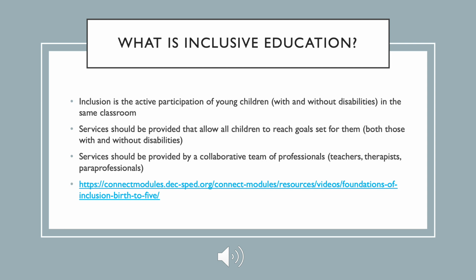So they might help with feeding, or they might help with adaptive equipment. So if a child needs to get in and out of their adaptive equipment in order to be able to move around the classroom or head outside, for example, or if you're on the playground and a child is in adaptive equipment and you need to move them from the equipment into the swing, or even to go down the slide, or to sit in the chair to have lunch. So thinking about this is a person who is going to be one-on-one with the child and better able to support them, so that the teachers in the classroom are able to focus on everyone and children are not being